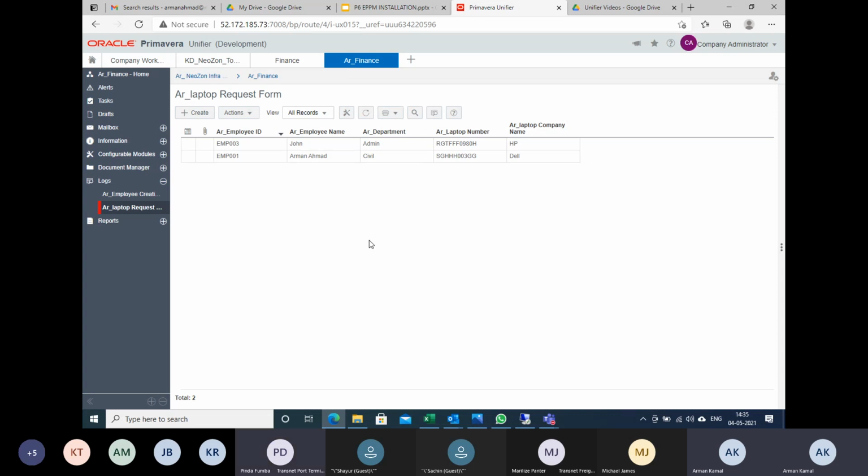I'm again repeating this scenario: company administrator is the administrator, Arman is a manager, and Pinda is a new employee. So first, her record will be created in the employee creation form. Later she will log in and she will raise a request. As an administrator, I am going to create the entire scenario here. I think this is a good question, because of that, I'm going to explain the next topic. How to create